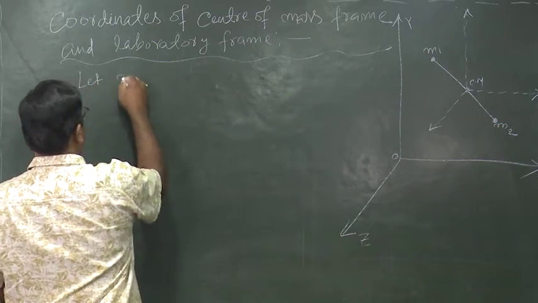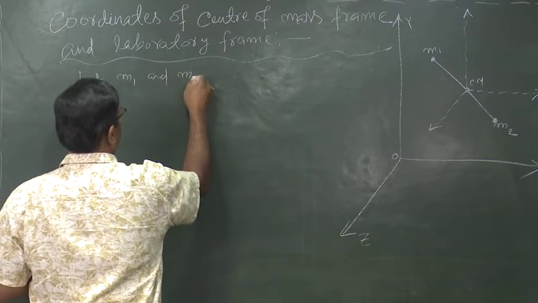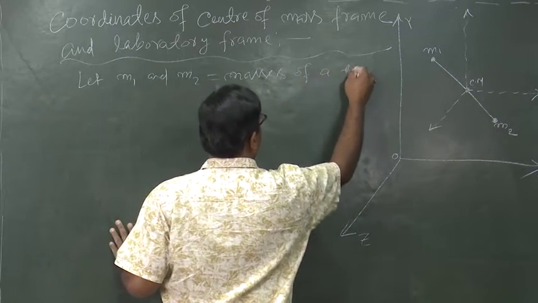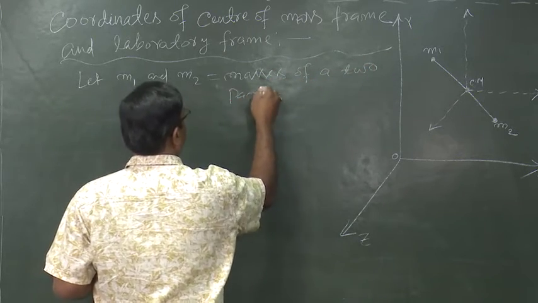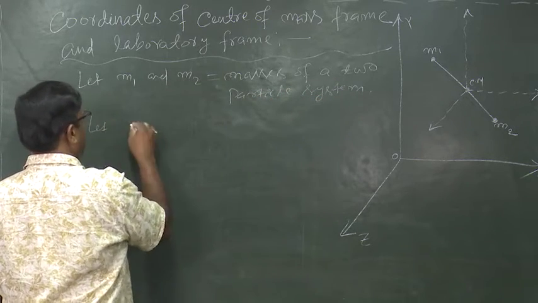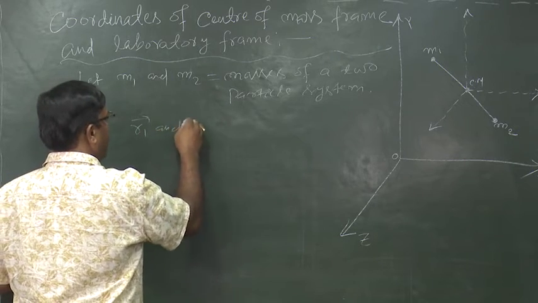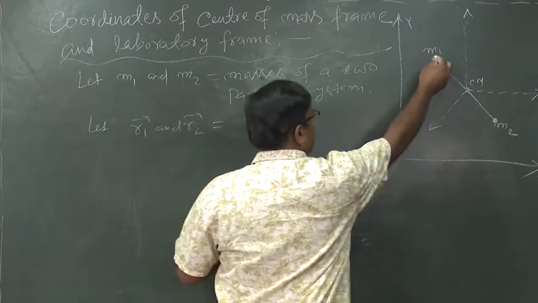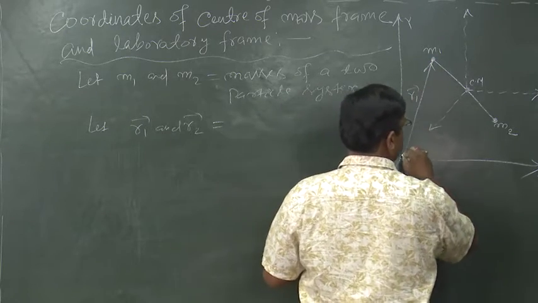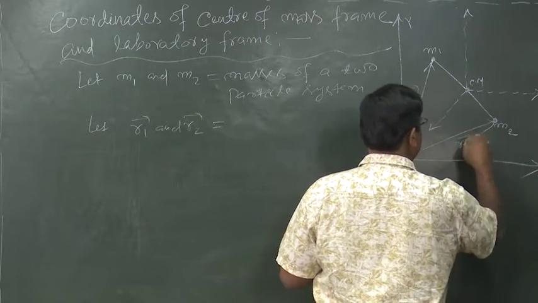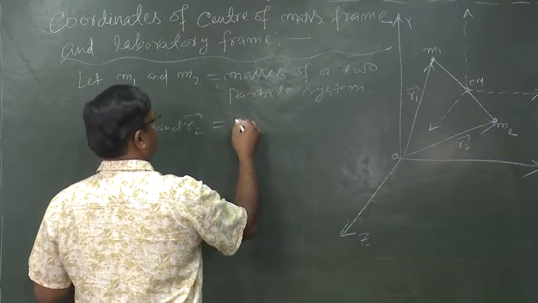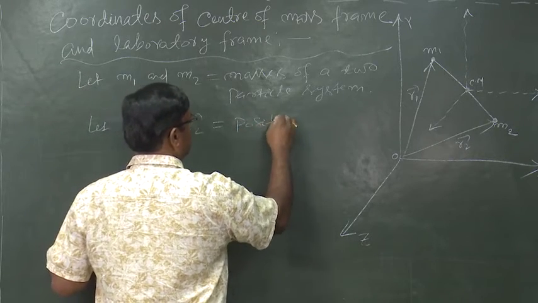Let m1 and m2 be the masses of a two particle system. Let r1 vector and r2 vector, this one is r1 vector and this one is r2 vector, be the position vectors